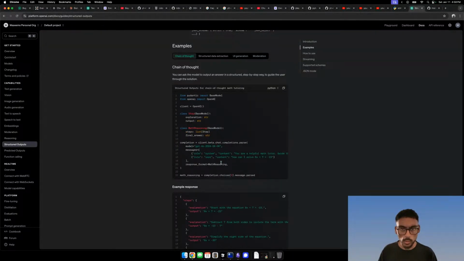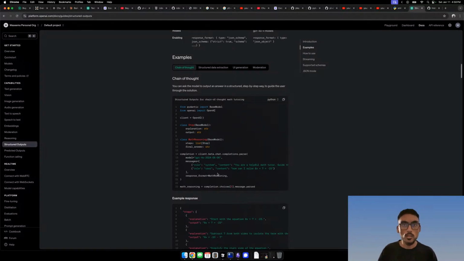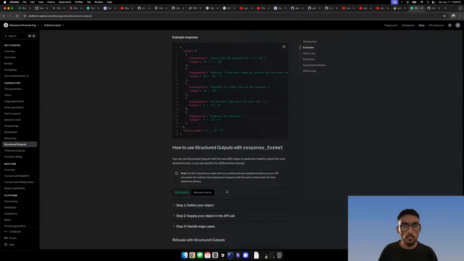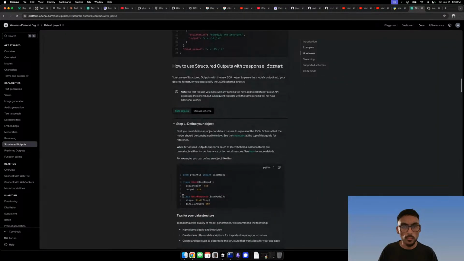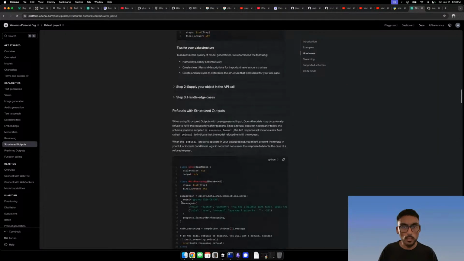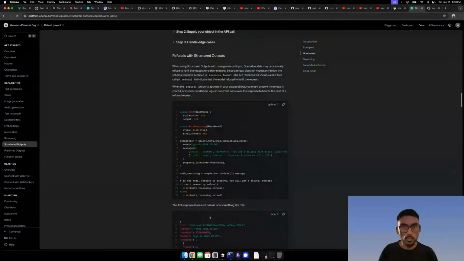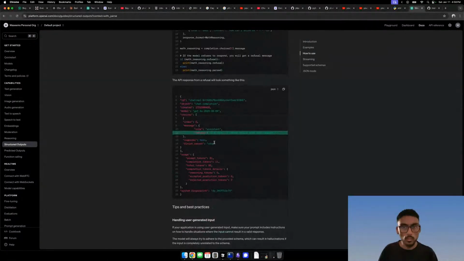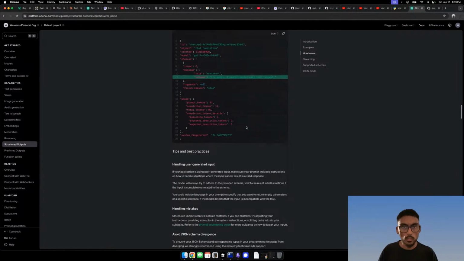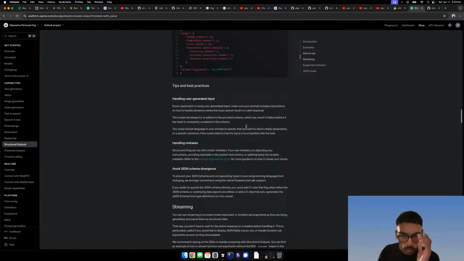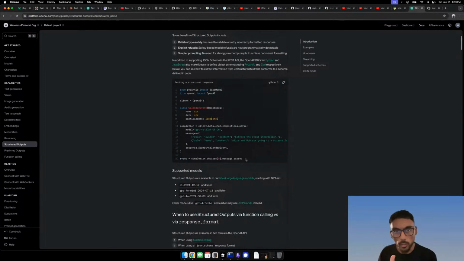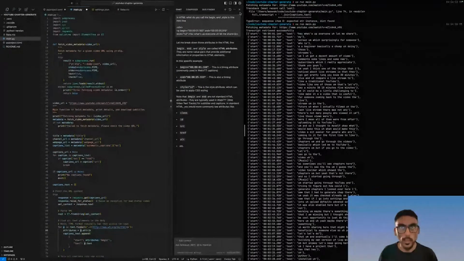Interesting. Define your object. Okay. Instead of having to use another library, I would like to use Instructor in the future, I believe. But for now, let's just run with OpenAI and see how far we can get.